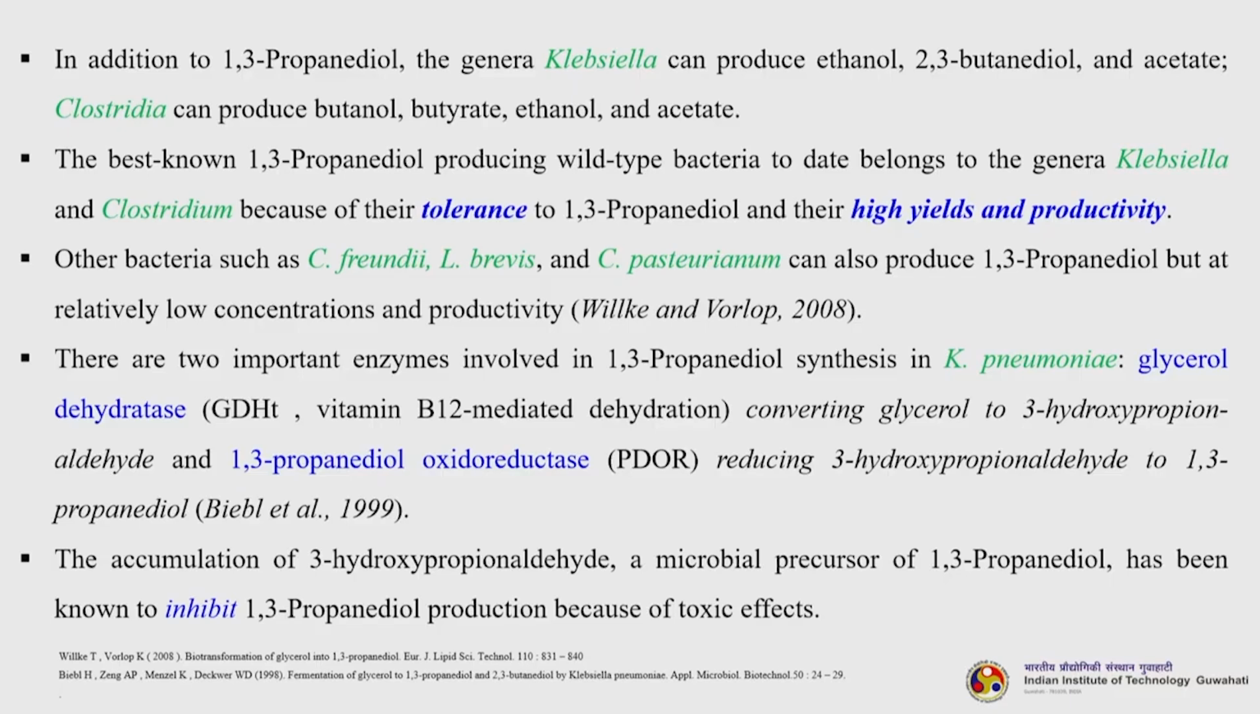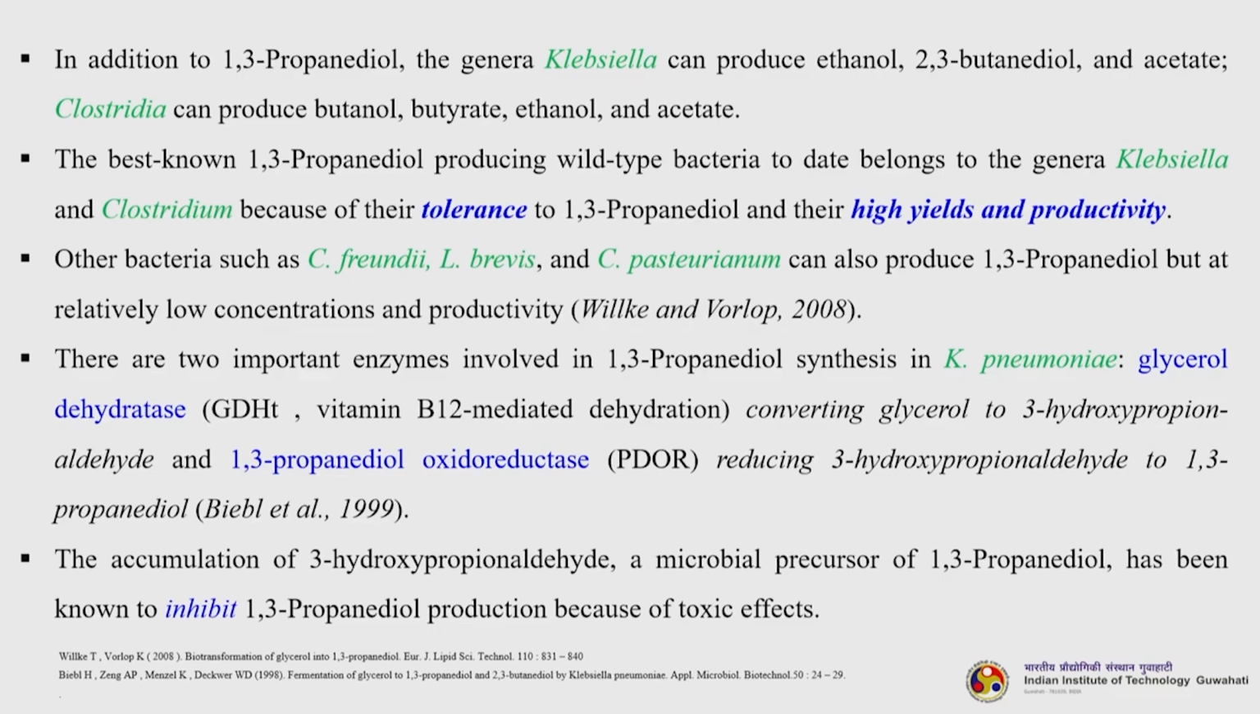Other bacteria such as Clostridium freundii, Lactobacillus brevis, and Clostridium pasteurianum can also produce 1,3-propanediol, but at relatively low concentrations as well as low productivity. There are two important enzymes involved in 1,3-propanediol synthesis in Klebsiella pneumoniae. One is glycerol dehydratase, written as GDHt. It is a vitamin B12 mediated dehydration, that is the route,